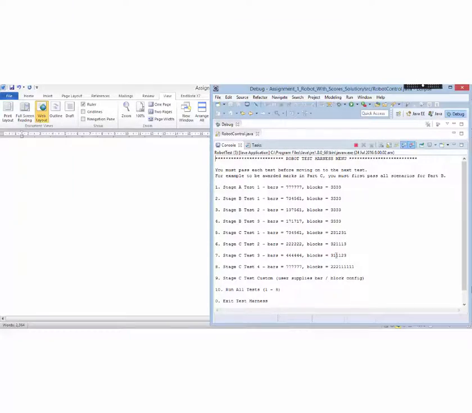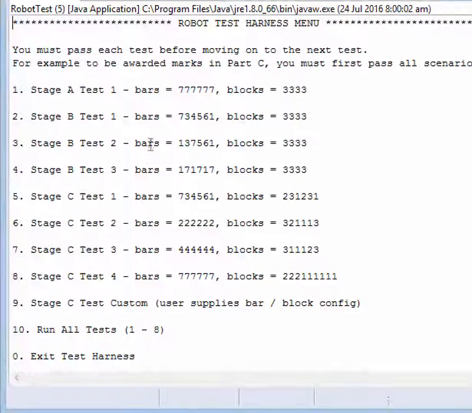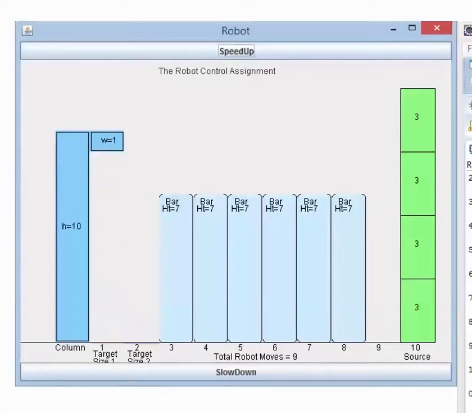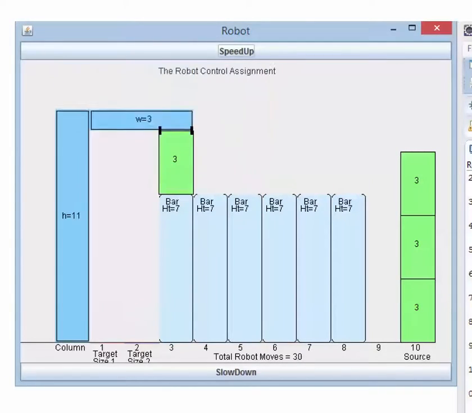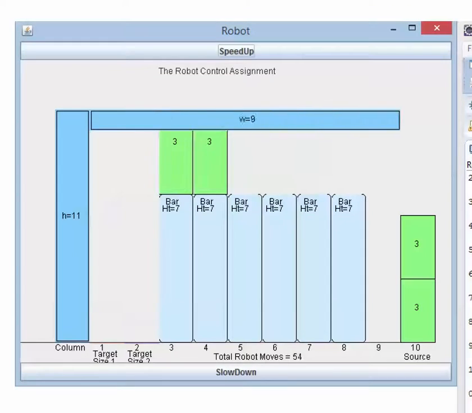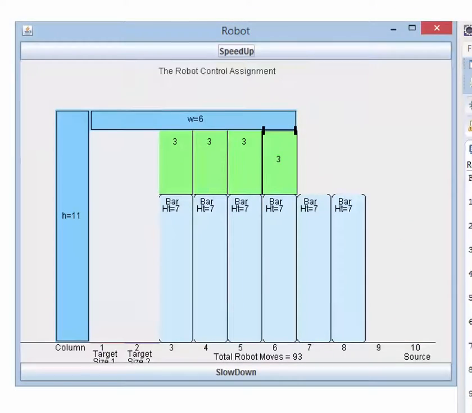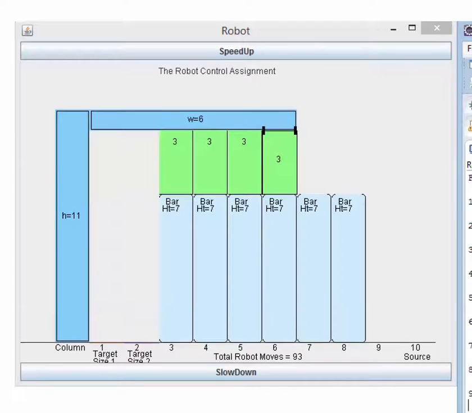When you run the program, you'll get this following menu here which has all of the tests. And in order to run one of the tests, you just select the number of the test that you wish to run. So let's just run test number 1 and have a look. And you can see it's picking up and moving each of the source blocks to their respective locations. Then I can run test number 2,